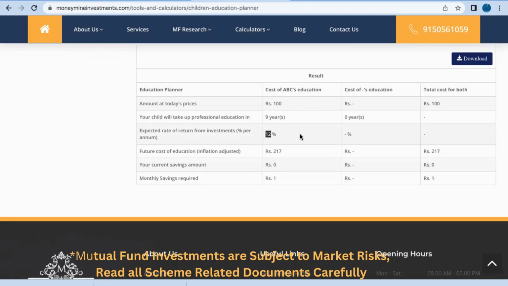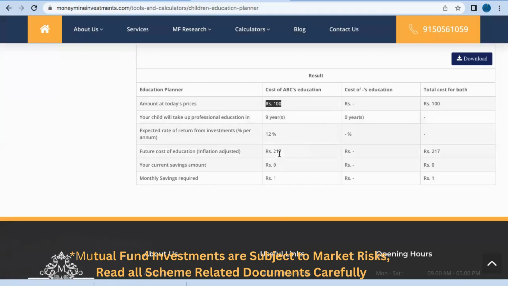So overall, for the interest part, there are totally 108 months, since 9 years into 12 months is 108. This 1 rupee would have been contributed for 108 months, so 108 would have been the contribution. And overall, 217 is the total value. Another 109 rupees is added to the account in the form of capital appreciation, capital gains. So overall, the amount of 217 rupees adjusted for inflation is achieved through 1% of the total goal amount